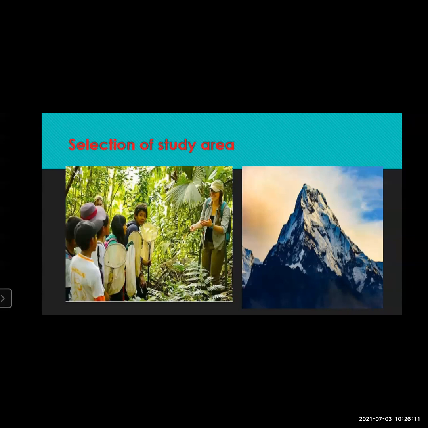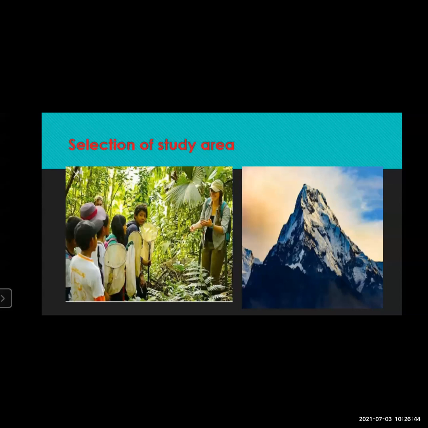Now elements where we can get to study should be selected for the field visit. So even if you take the field visit of children to a nearby area where there is only plain area, there also you can teach the students what is called a plain, what type of vegetation grows on it, how the plain area is created, how it has fertile soil. So these things can be told to the students.